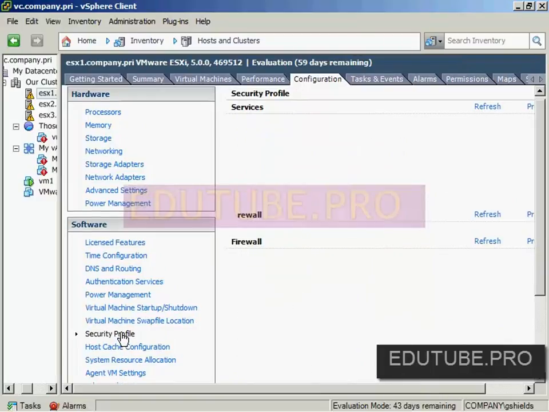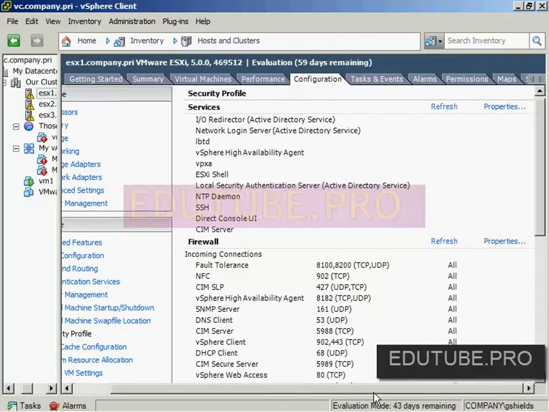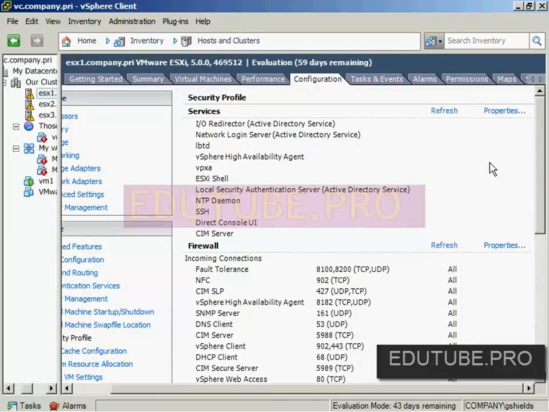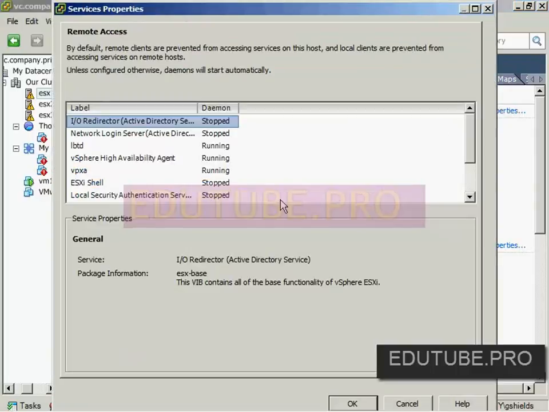The first of which is security profile, which we're taking a look over here on the right. The security profile for an ESX host provides a location for you to identify what services are up and running or shut down, and what firewall connections are up and running based off of the pre-configured firewall connections that are available in the interface. So first, taking a look here at services, if I view the properties here,